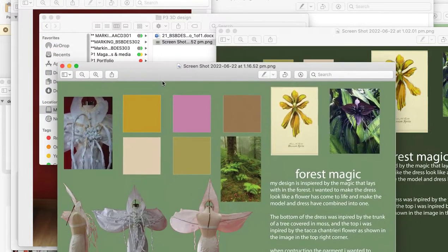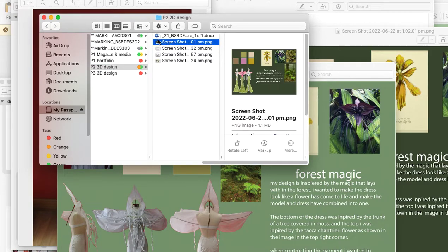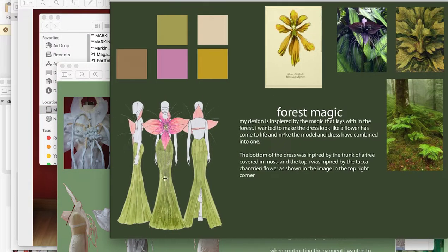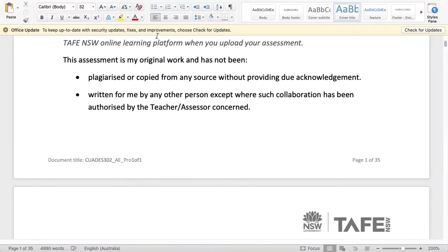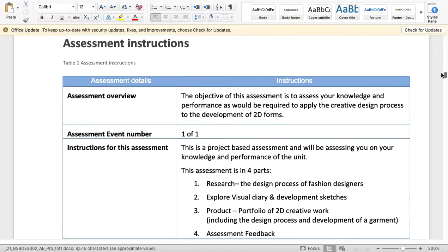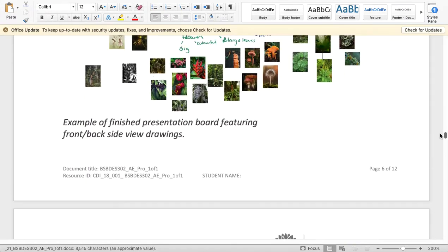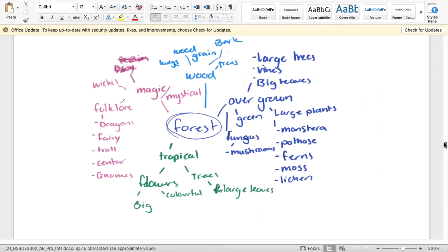But the first step to get there is to really use a lot of exploration of ideas and drawings. So I'll show you the assessment document for Sam, and you'll see the number of drawings in there that they did. So that's just the examples. That's okay. So that's Sam's